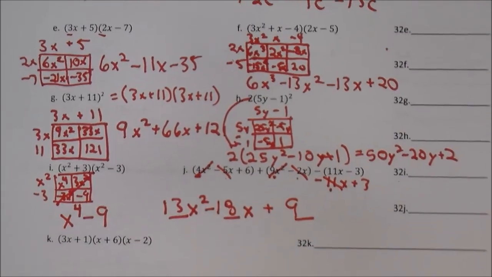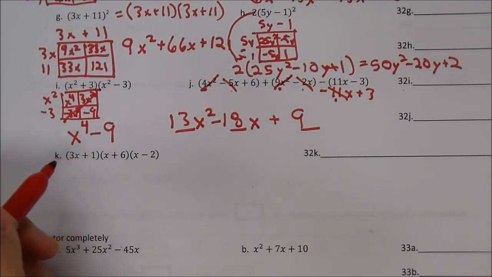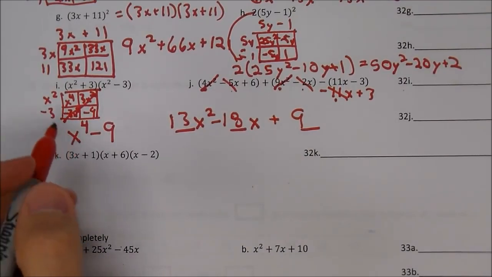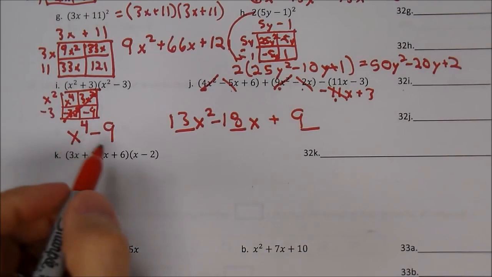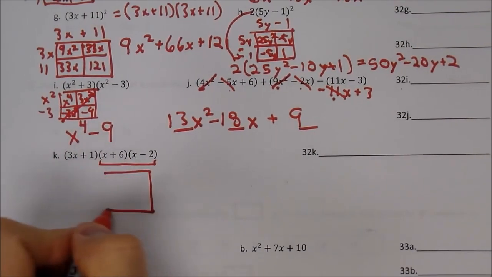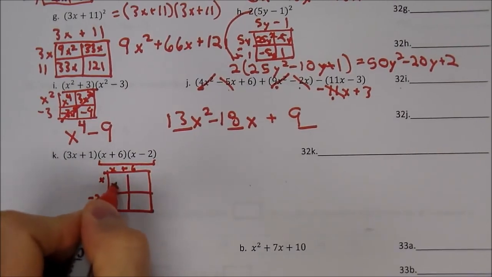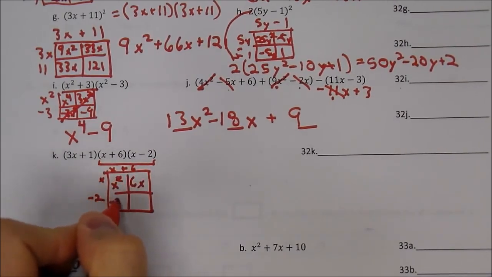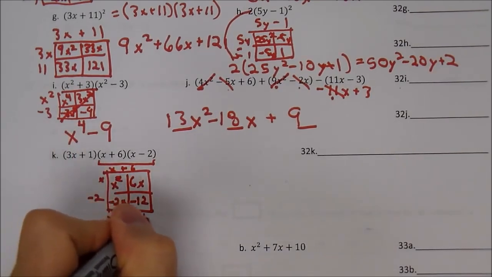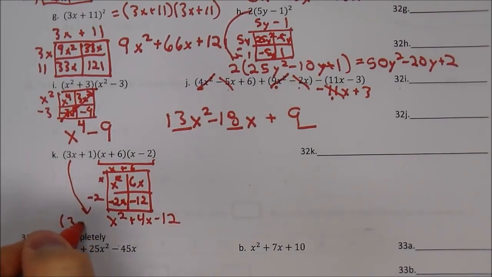For k, I have 3 binomials, and I'm just going to pick 2 of them to multiply first, and then whatever result I get from that, I'm going to multiply the last one to there. And so if I take these first 2 and multiply x plus 6 and x minus 2, I get x squared, 6x, minus 2x, and minus 12, to get x squared plus 4x minus 12. I then bring down the 3x plus 1,